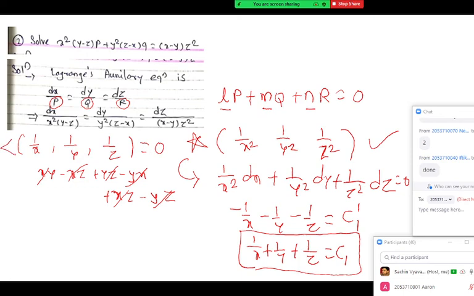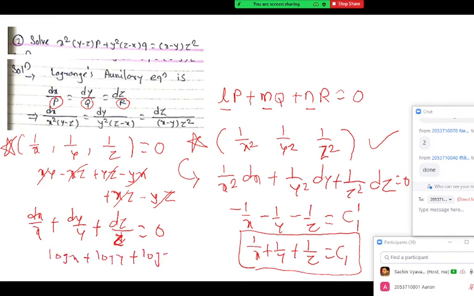This also gives us a 0 there. So this also can be a multiplier. It gives us 1 by x dx plus 1 by y dy plus 1 by z dz should be 0. This sum of numerator should be 0. Now integrating, it is log x plus log y plus log z equal to C2. So it is log C2 actually, and then xyz is C2. So this is the way we generally get the solutions.